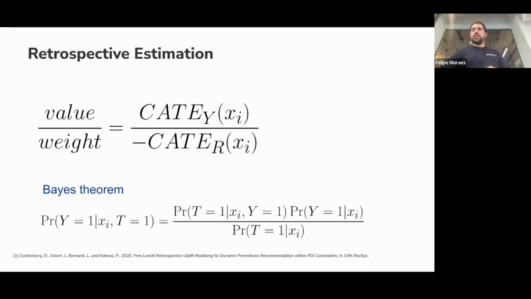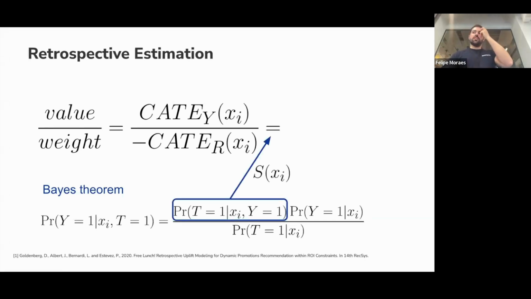And then in the end, we just end up with this term here, which is the probability of treatment given converted. And this actually sounds super weird, honestly, what you are doing here. But the idea is, if you imagine that some characteristics and features in the control group make 10 bookings, and the same characteristics in the treatment make 15 bookings, what this means is that you have a difference of 5. So you have more people that end up making conversions in the treatment than in the control group, and that already represents an increment.